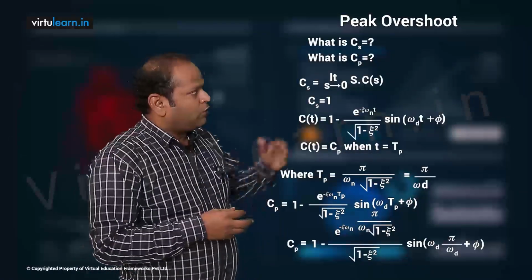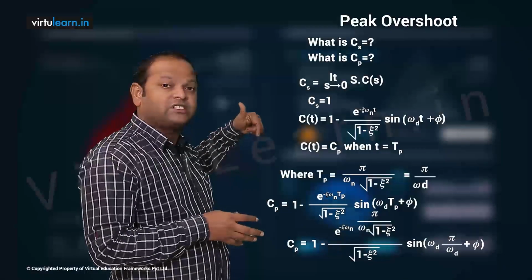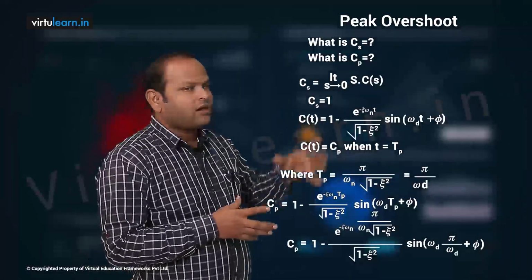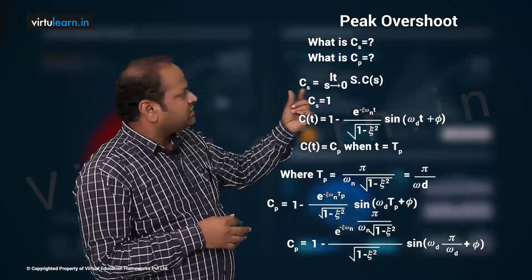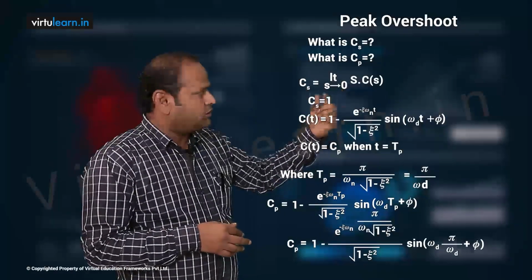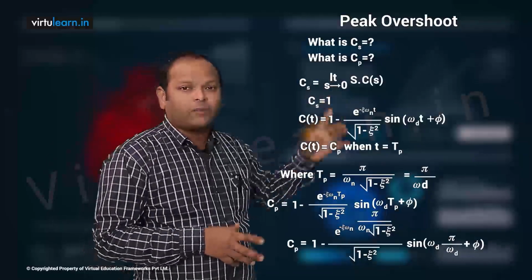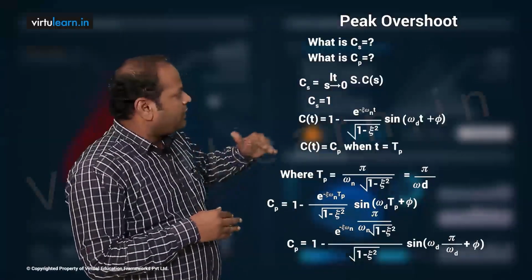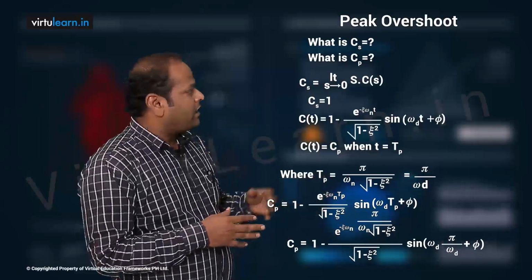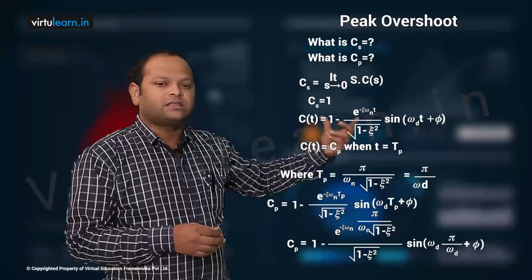Now after cancelling these things, what will you get? Cp is equal to 1 minus e power minus zeta pi, or we can write it as pi zeta by under root of 1 minus zeta square, and in the denominator I have under root of 1 minus zeta square, and plus I have here the sine term. In the sine term